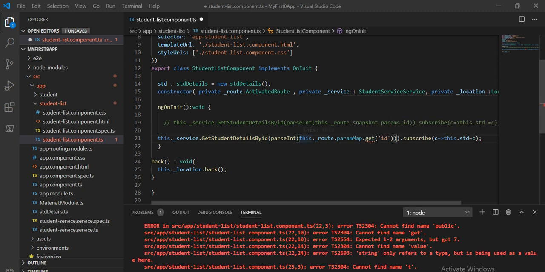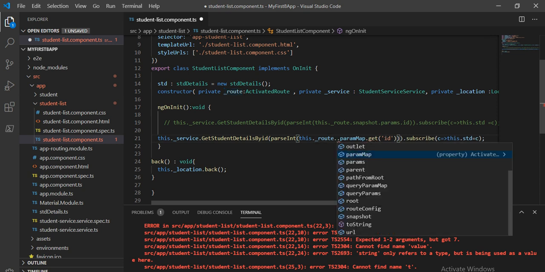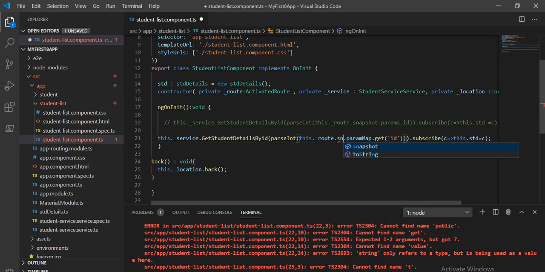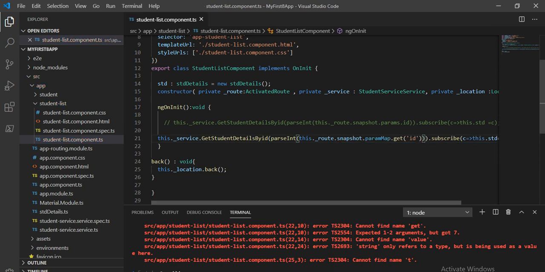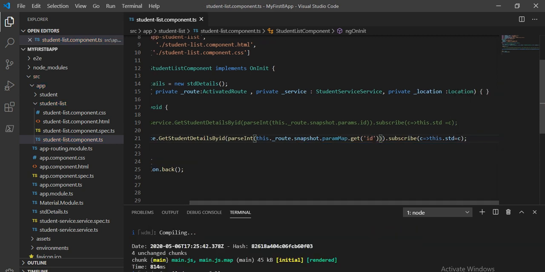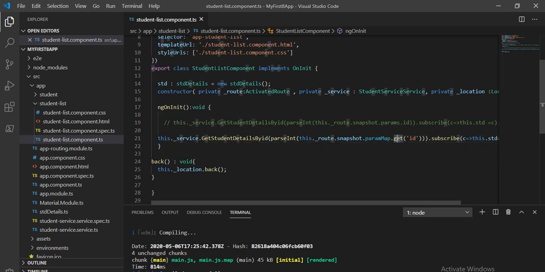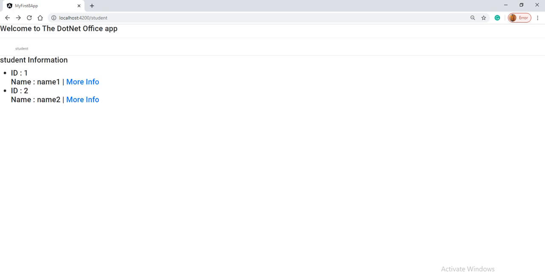Currently it is saying get does not exist. Okay, we have missed one thing, it should take using the snapshot. As I explained, we are going to work using the snapshot or the observable, so we have to use those. So snapshot, that is the thing we have defined, and we are taking get. If we want to take multiple data, we can use get all here. Now let's save it and see on the browser. It should work as it was working previously. It is compiling and loading the page. When I click on this, we are going to the respective page. So it is working as expected.